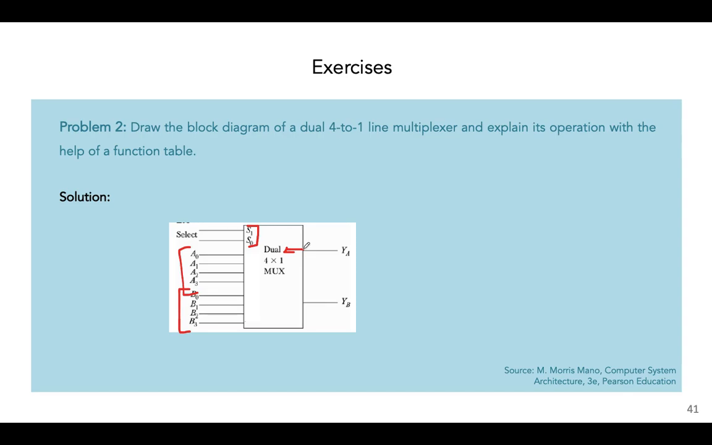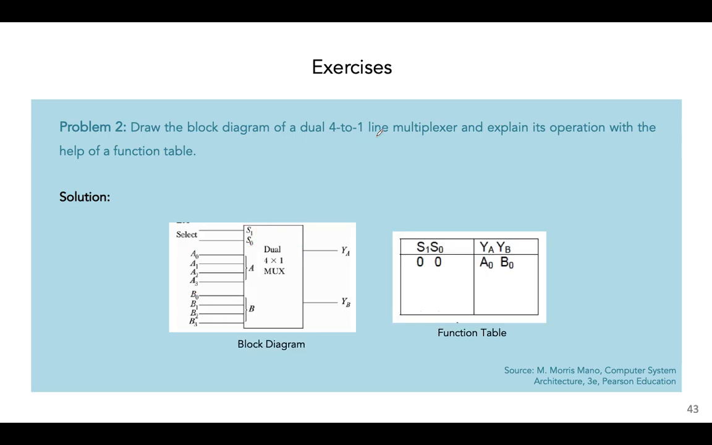So you can think of this as having two separate 4 by 1 multiplexers, but you have to be very careful because the number of select lines for a dual 4 to 1 line multiplexer will be 2 instead of 4. All right, so let's take a look at the function, how it works. So again, these two select lines are going to control the operation of this entire dual 4 to 1 multiplexer,